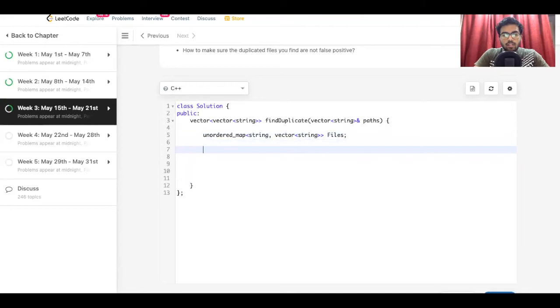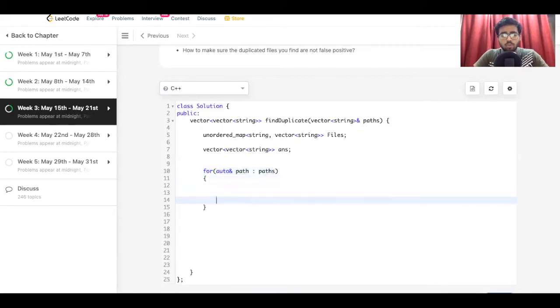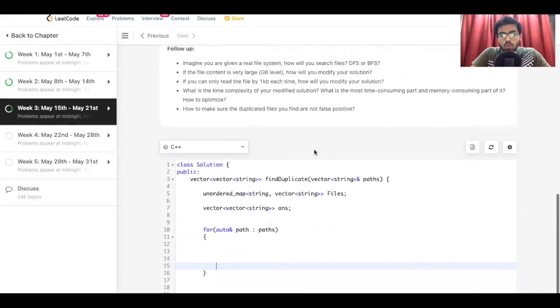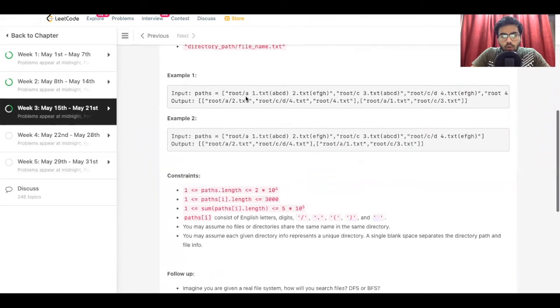Then we need to maintain a vector of vector of strings, answer, for storing the final answer. Now, we loop through each path in the paths array which has been given to us, which is a string. Now, we understand the format of the file.